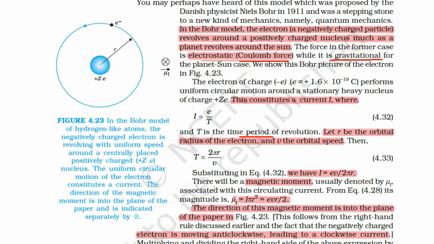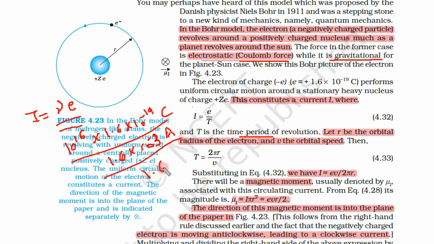Now if you want to calculate the current, it is simply frequency into charge. So what is the frequency? 10 to power 16. This charge is 1.6 into 10 to power minus 19 coulomb. So let us remove some power. So this will be 1.6 into 10 to power minus 3 ampere. So again if you see, this is 1.6 milliampere.